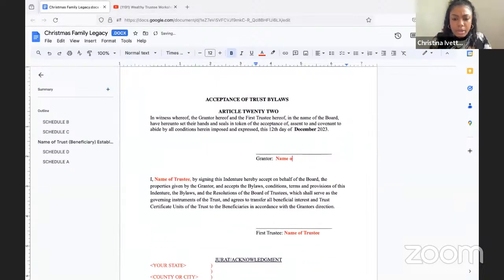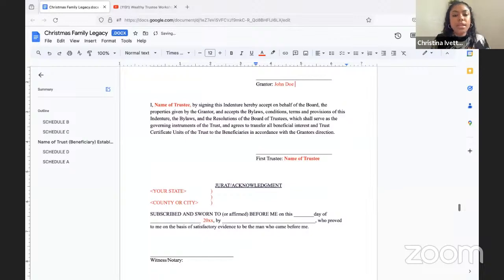Okay. So next, it's going to require the grantor's information. So go ahead and put your grantor here. All right, and then this is where the first trustee is signing this indenture and accepting on behalf of the board the properties that are given, as well as the terms, the conditions, the provisions of the bylaws, any type